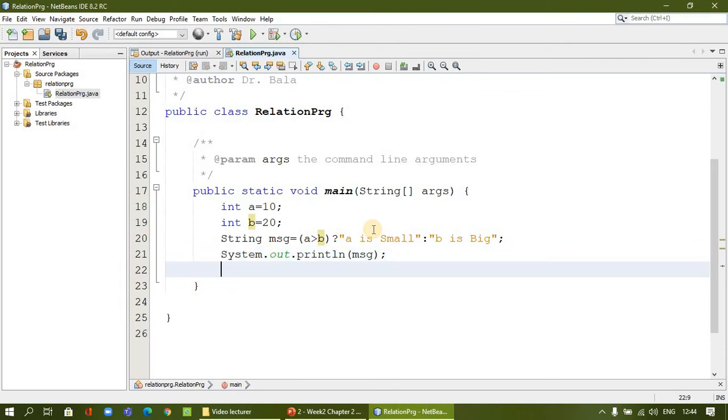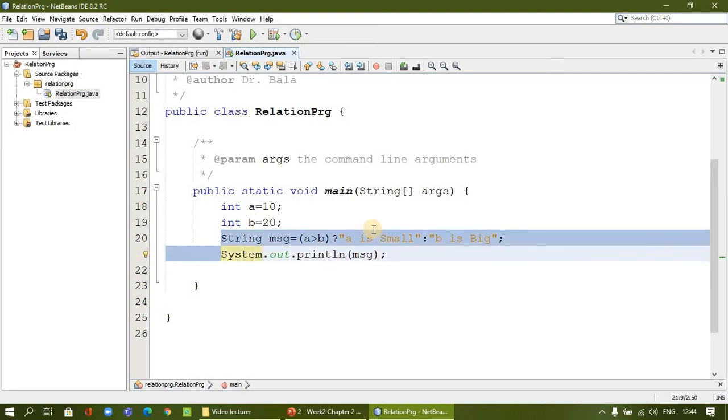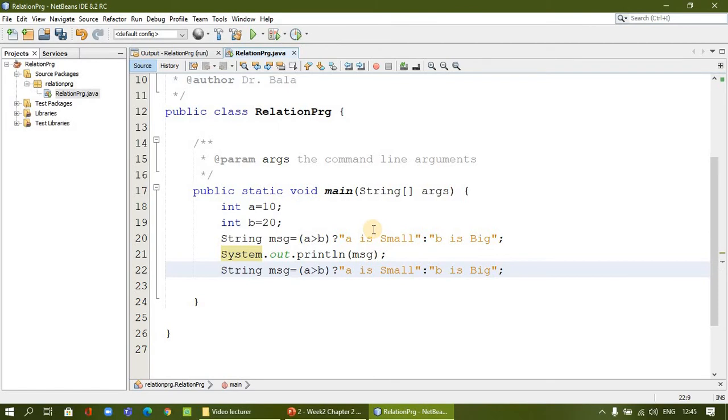So if I am going to make a logical expression here, for example, the same one, if I am going to extend it, I will say message 1, for example. I will have two different conditions. If both are true, then the condition passes. Maybe I say 5 greater than 2. I am making two conditions. The first condition should be true, and the second condition should also be true. Only then will the statement work.